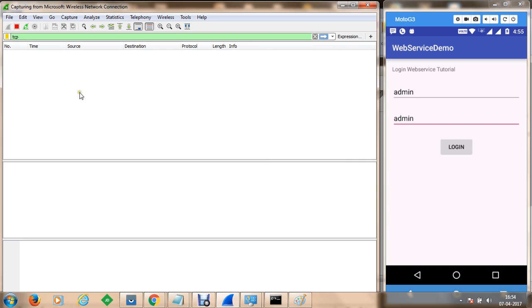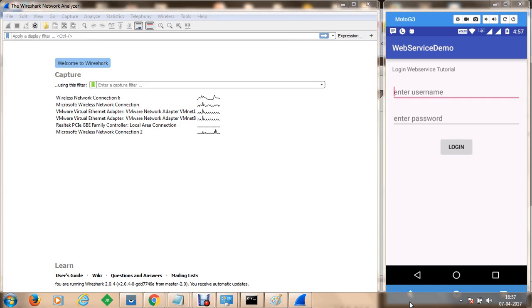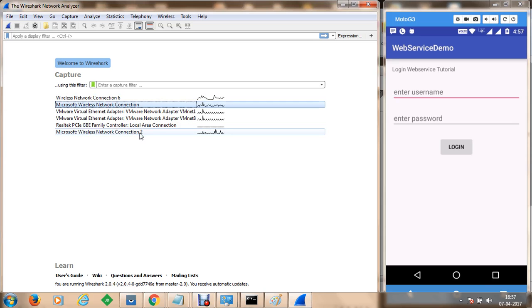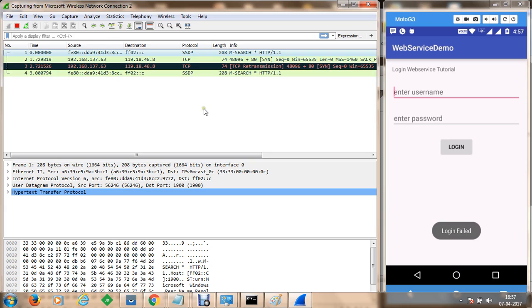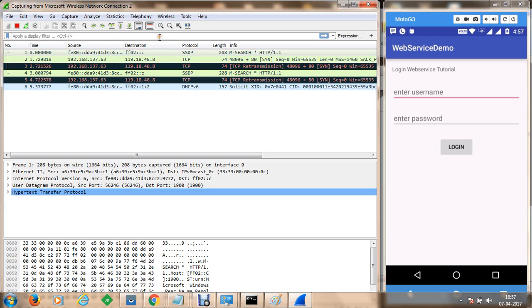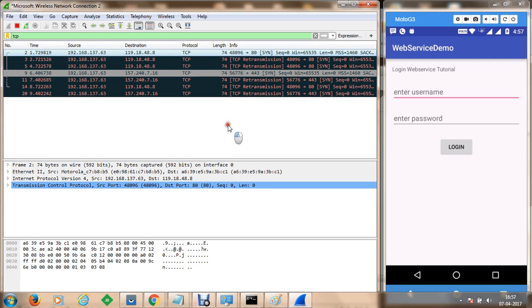You can proceed to that again, wherein you have a list of connectivity in which we are connected through 1.13 at the moment. And here what next we can do, we have analyzed Microsoft wireless network connection, and now what next we can do is we can proceed to Microsoft wireless network connection 2 on which our analysis server has been listening. So now here what we can do is we can directly view the results which have been sent from our mobile device to the Hackweather server or any other servers.